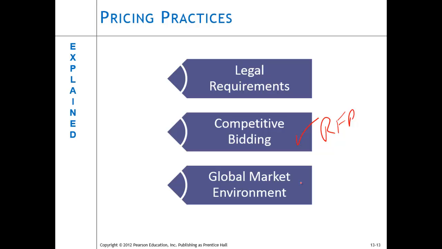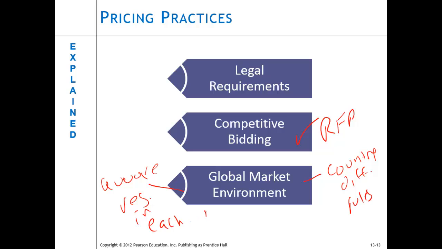Another factor that needs to be considered is that of the global market environment. The world is getting smaller, and most companies operate globally. Each different country has a different set of rules regarding pricing of products. When a company operates globally, they have to be aware of the regulatory environment in each country. This makes it very difficult for firms to have a consistent pricing strategy for a product in all of its